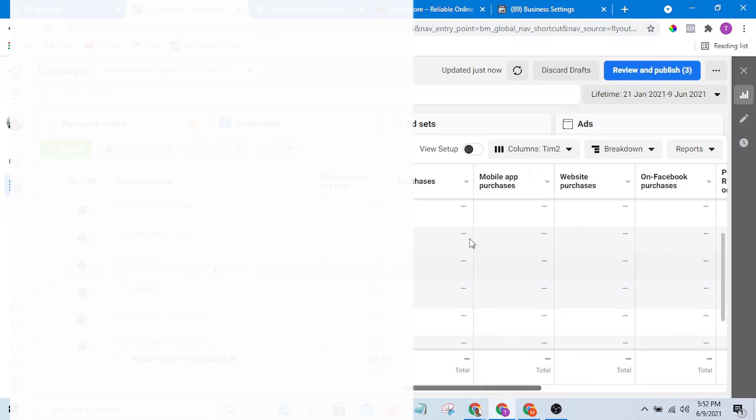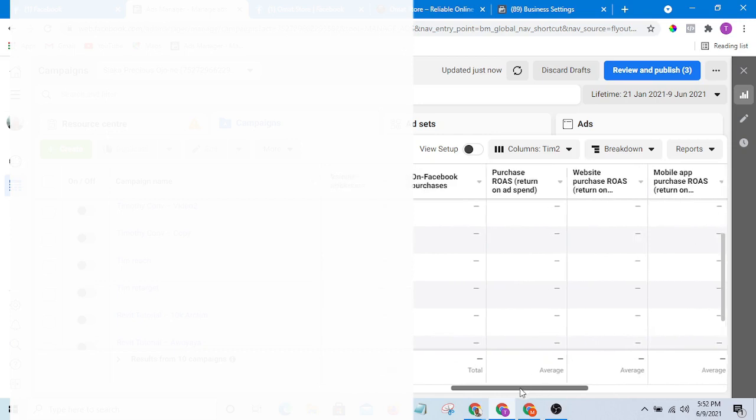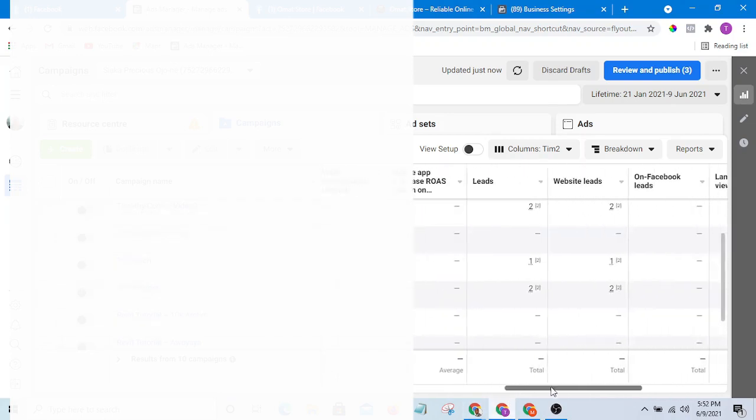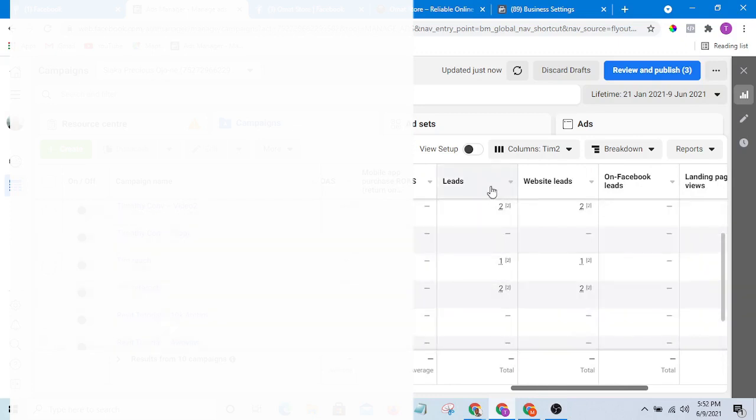Then another important one is purchases. This is where it will record your purchase if you have a sale. Then this return on ad spend will record your profit, whether you have profit from the money you are spending on ads. Very important. Then leads will tell you how many people have opted into your email list.